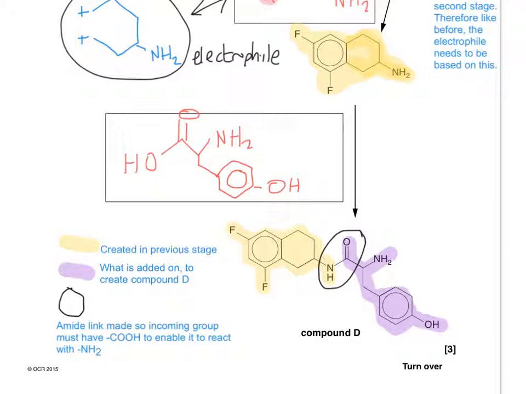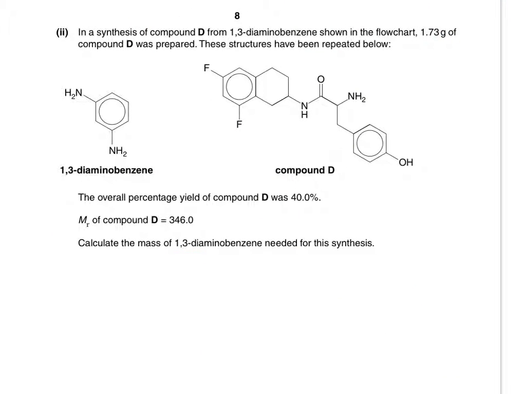Right, so let's now go on to the next question, which is about a fairly straightforward idea called percentage yield. So we're still talking about compound D, but this time we're switching our emphasis away from the chemistry onto the percentage yield, a little bit of mathematics. So as with any calculation, don't take it the wrong way, but obviously I'm going to highlight where it says calculate,